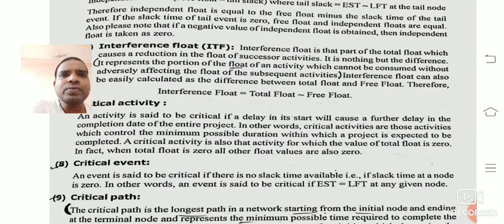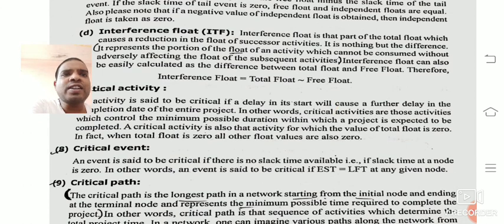Now the critical path: it is the longest path in a network, starting from the initial node and ending at the terminal node, and it represents the minimum possible time required to complete the project. That path we call the critical path.